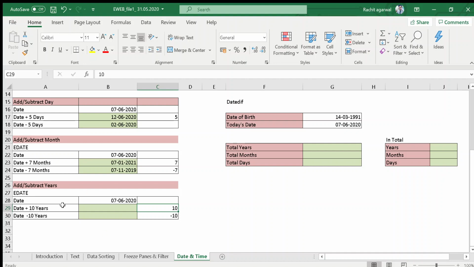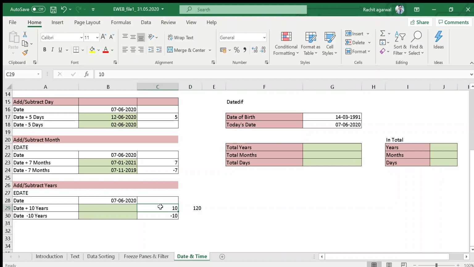But if you want years, firstly you have to convert the years into months. So I want 10 years from the current year, that is 2020. So firstly I have to convert the 10 years, multiplied by 12. So 120 months will be there after 10 years.